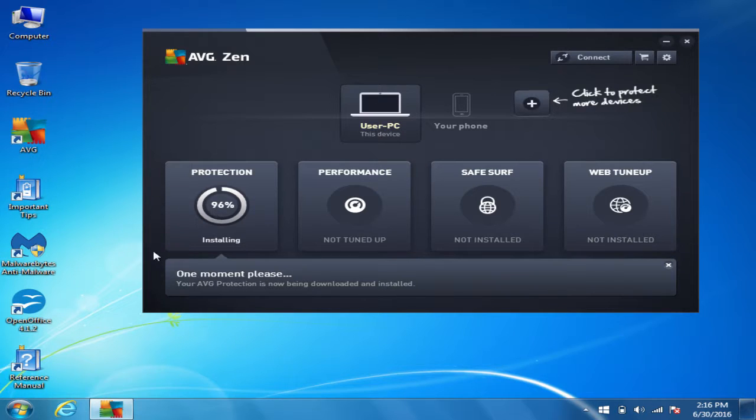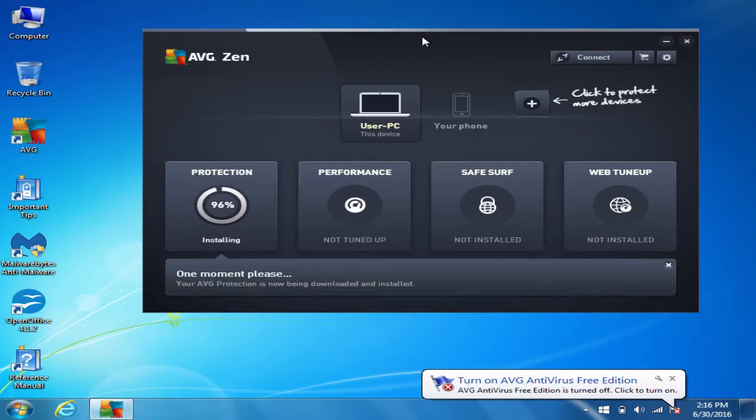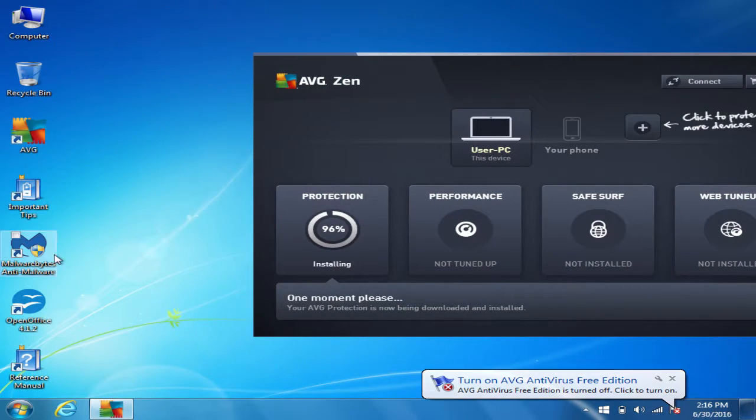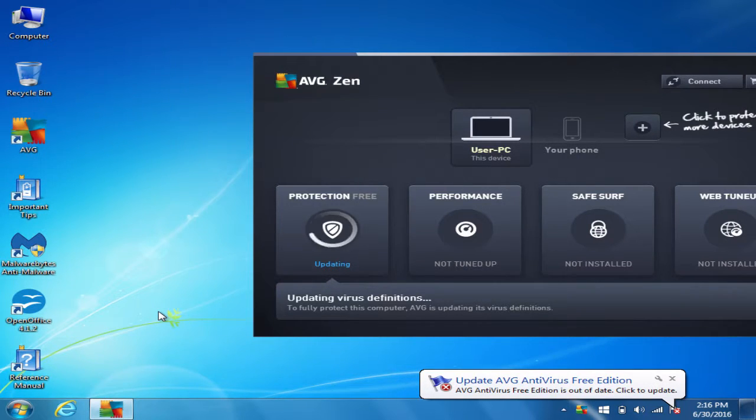In the meantime, another thing you can do to help speed up your computer and help keep it running well: I would generally not advise storing a bunch of files on your desktop. The more you have stored on your desktop, the slower the computer's going to perform. If you want to store files on your desktop for quick ease, I would suggest doing shortcuts rather than directly storing the files on your desktop, because the shortcut takes up less space and less loading time than the actual file itself does.